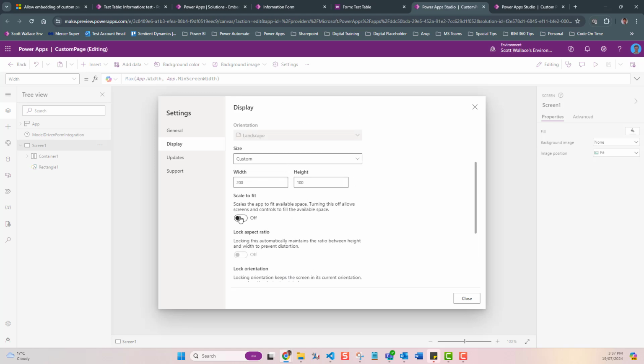And then you want to keep scale to fit off. So that basically allows the controls to fill the available space. So if there's more room than 200 on the width, it will go up to 300, 400, similarly with the height. And it doesn't have to have the aspect ratio locked as well, crucially with this one. Once you've set that to 200, 100,